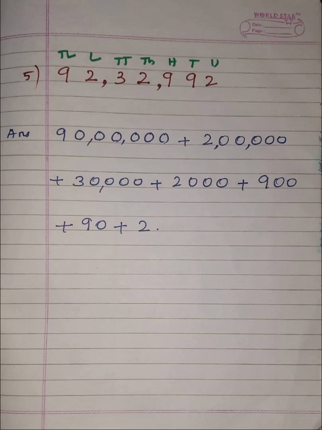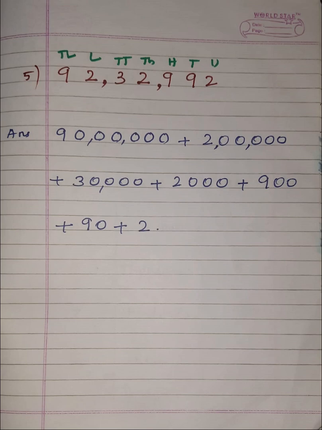Okay. Now next is, children, for understanding here, when you start from the left hand side, if you see here digit 9 is in which place, children? It is in the 10 lakhs place. Digit 9 is in which place? 10 lakhs place. So the place value of 9 is 90 lakhs. Okay, children, the place value of 9 is 90 lakhs. Okay. Now the next digit is 2. 2 is in which place? It is in the lakhs place. So the place value of this digit 2 is how much? It would be 2 lakhs.